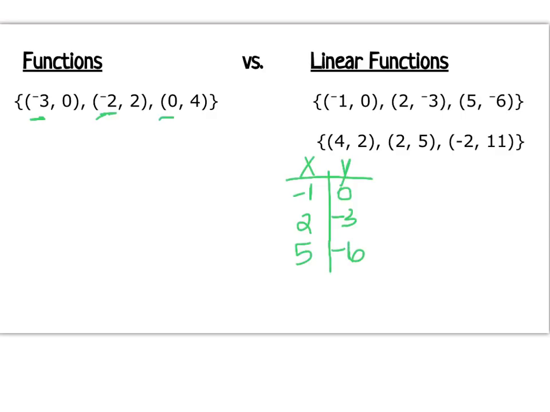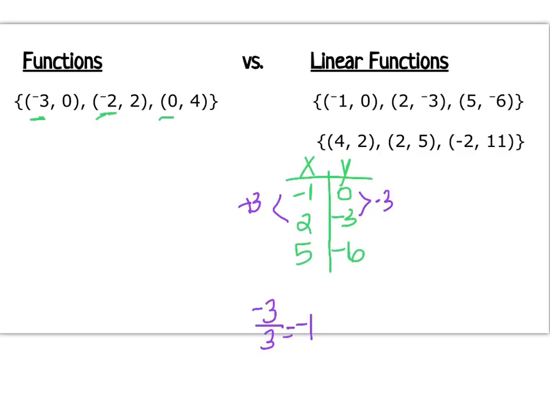In order for it to be a linear function, the ratio, the difference, the y over x has to be the same for each pair. So what I mean, when I look at the first 2 points, the difference in the y's to go from 0 to -3 is a decrease of 3, and to go from -1 to 2 is an increase of 3. So if I were to write y over x, I would get -3 over 3,